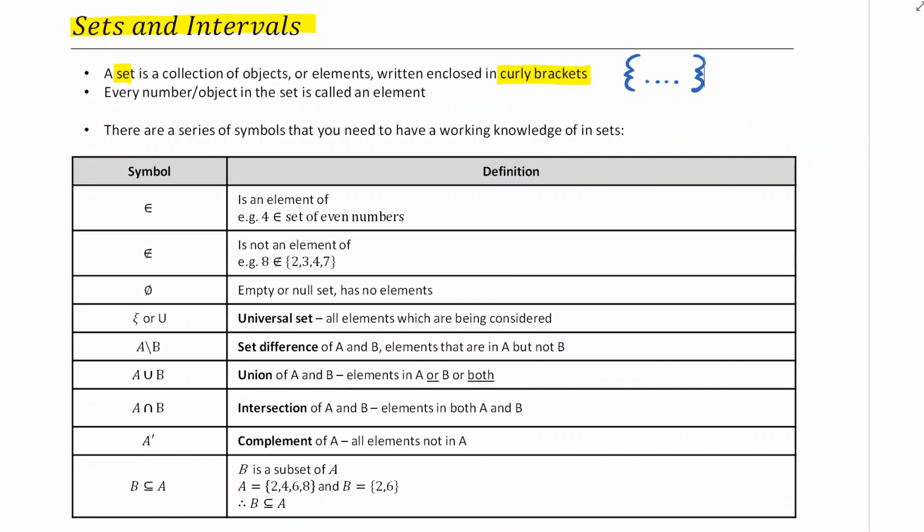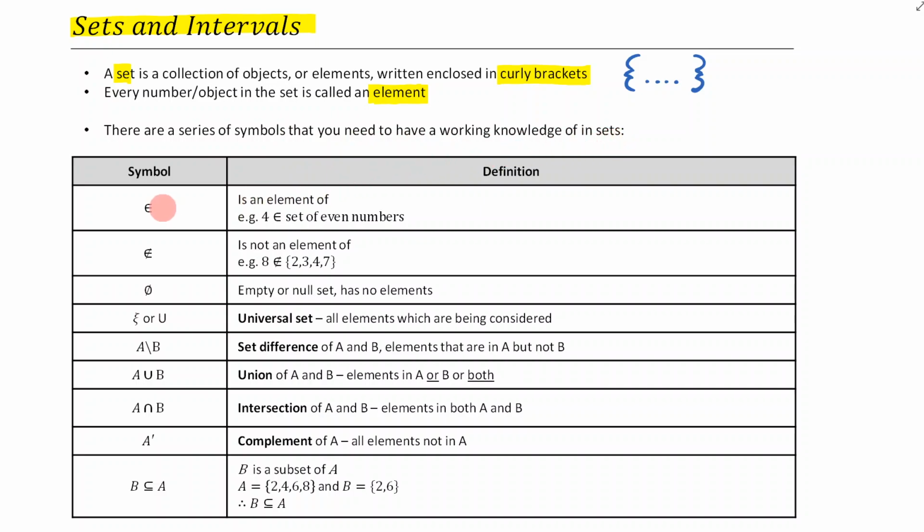All right, we continue reading here. So next, every number/object in the set is called an element. So what exists inside my set are elements. Now, there are a series of symbols that you need to have a working knowledge of in sets, so let's